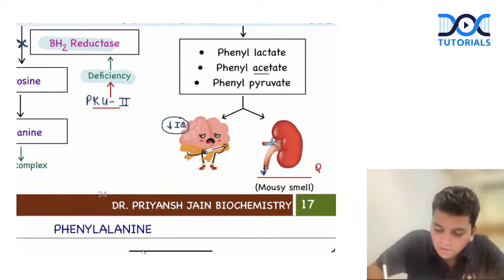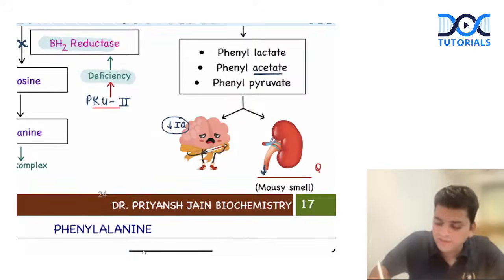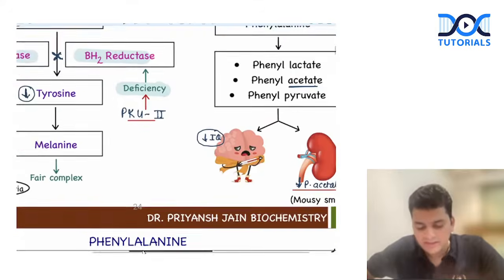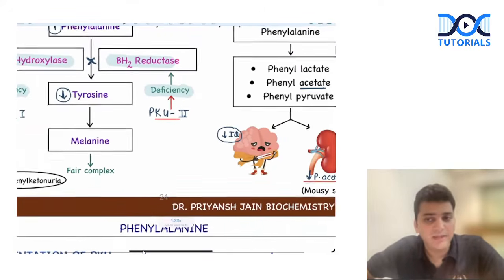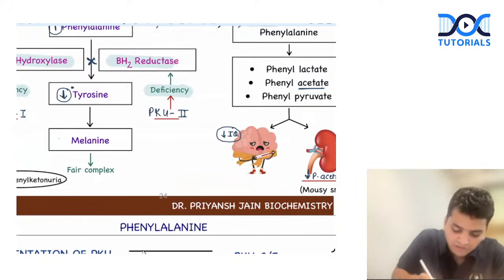Among them, this particular one, the phenyl acetate, has a very bad smell. When this comes in the urine, there will be a mousy, musty smell. So it is because of phenyl acetate that the urine has a mousy smell. Plus, this child is having less tyrosine, and from tyrosine we are supposed to make melanin. If the child has less tyrosine, there is less melanin synthesis, and if there is less melanin, the child will